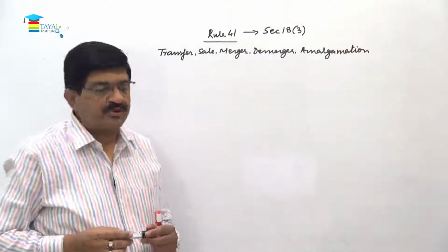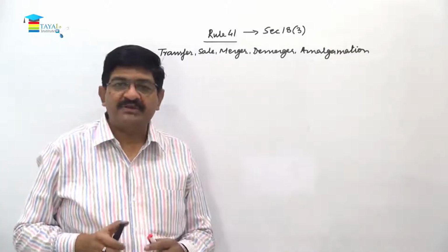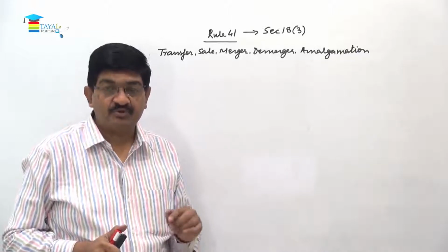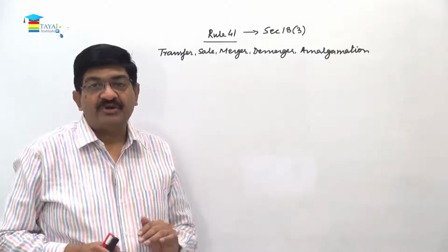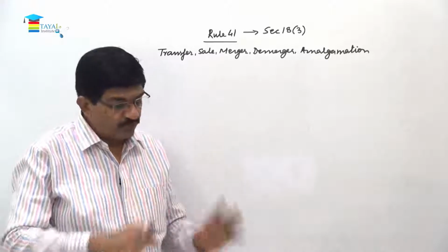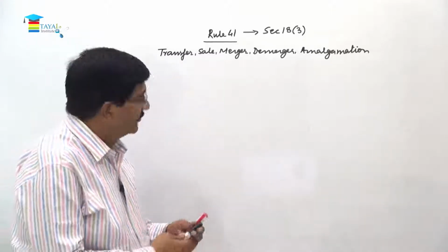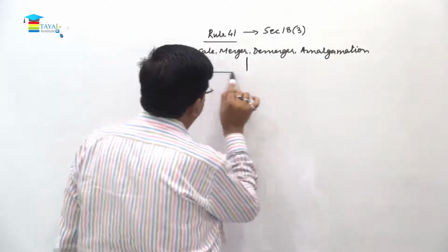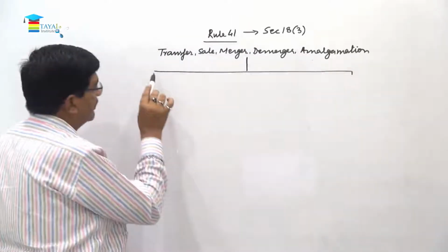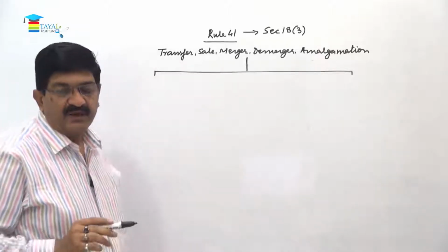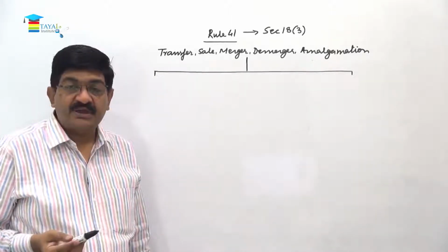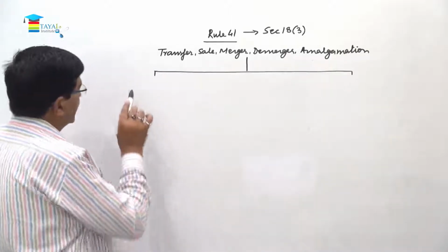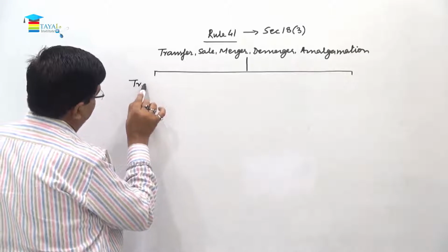Now these are the situations in which the unutilized credit in the ledger of the transferor can be transferred to the credit ledger of the transferee, but subject to fulfillment of the conditions. So here we have certain responsibility on the part of transferor and certain responsibility on the part of transferee. And if both fulfill the conditions, then unutilized credit will be transferred to the credit ledger of transferee. So first of all, what shall be done by the transferor